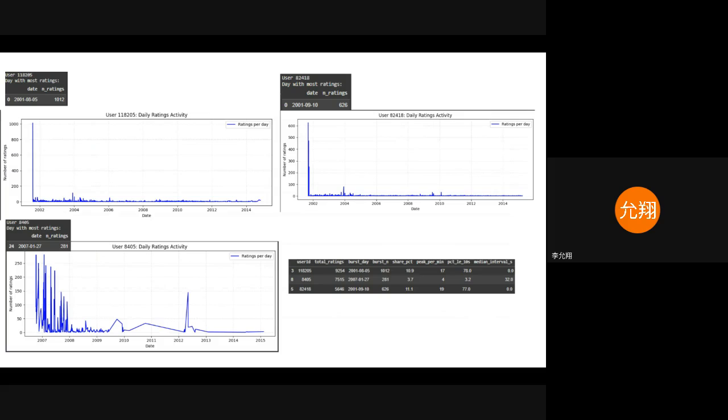Here I examined the 3 most active users individually. This small plot shows daily ratings for a user over time, and the table summarizes their most extreme statistics. Now I'm going to explain these terms, like birthday. Birthday is the single date where the user made the largest number of ratings. As you can see, user 118205 has 1,012 ratings in one day. So it's really crazy. And as for 82418, he has 626 ratings. Another is peak ratings per minute, the maximum number of ratings that occurs within any single 1 minute